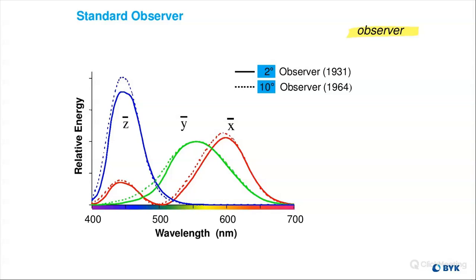And so if you're having issues with your data collection and you're finding your results from different plants or different locations aren't lining up, it's always a good idea to look at what observer degree is being used, because it could be that one plant or facility is using one and you're using a different one. And when you line up the data together, you're going to get different sets of data.